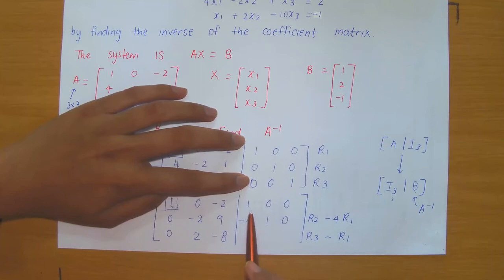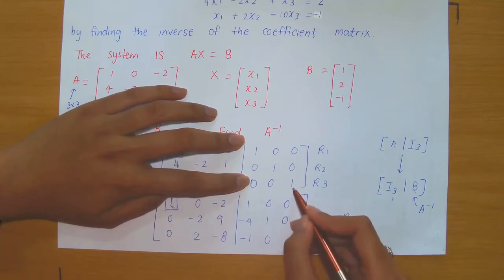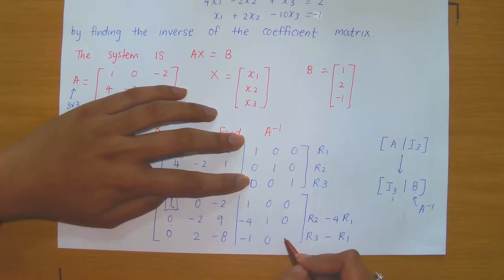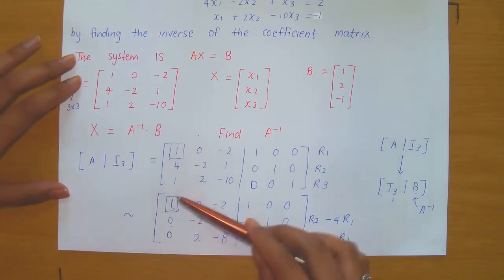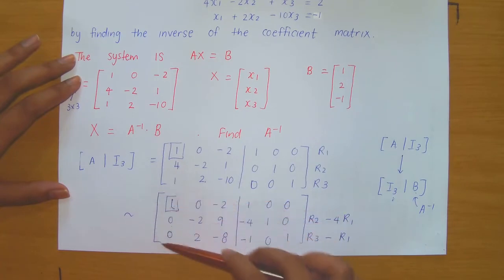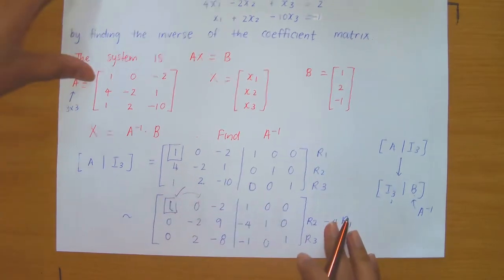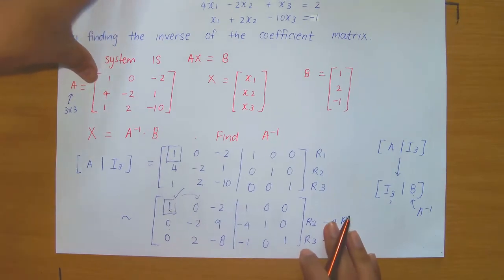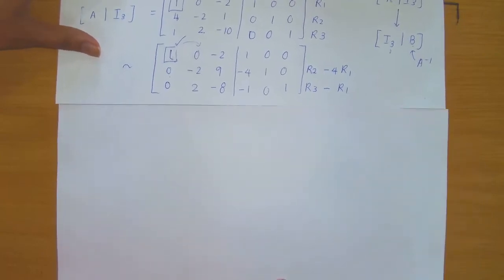0 being added to minus 1 times 1 is minus 1. 0 being added to minus 1 times 0 is 0. And 1 being added to minus 1 times 0 is 1. So we have in fact created a unit column in column 1. So I'm now done in column 1 and I now need to move to column 2. Right, so let's continue with our procedure. Right, so continuing with this procedure,